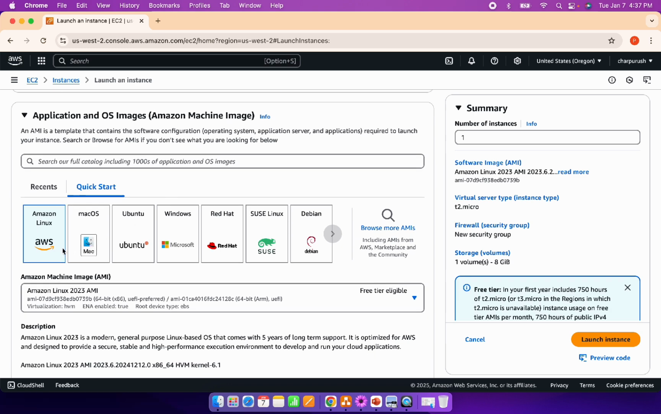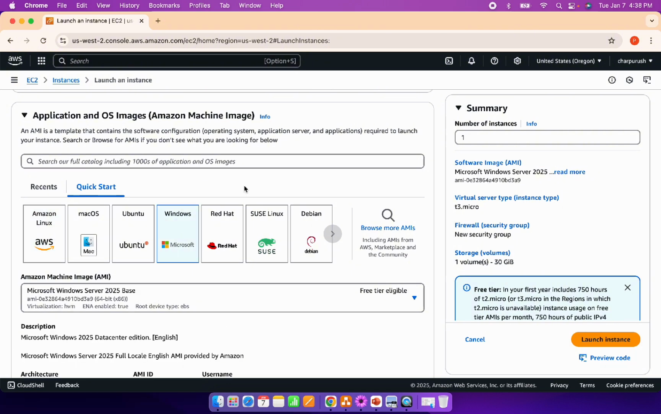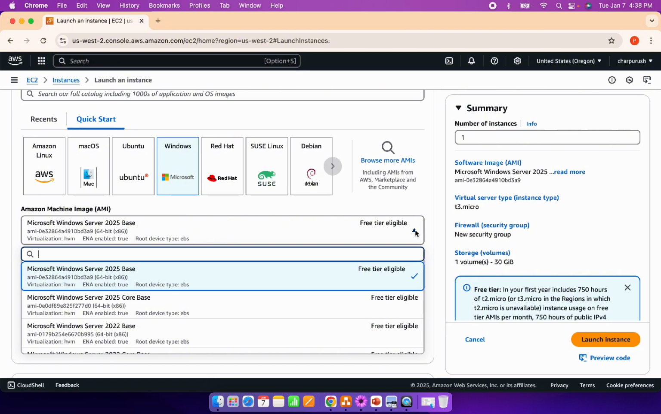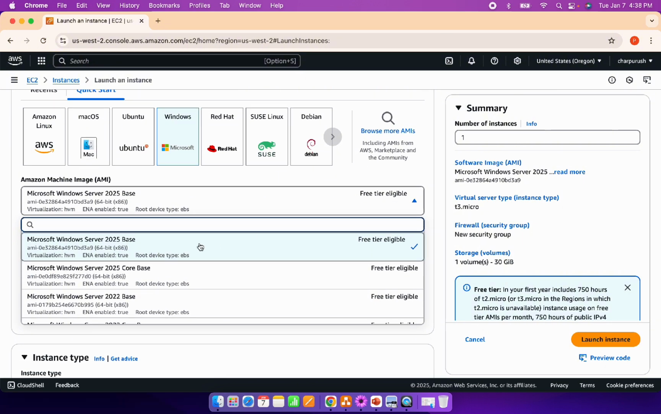Come down, and here it gives an option to select the servers: Amazon Linux, Mac OS, Ubuntu, Windows, Red Hat, SUSE Linux, and Debian. There are multiple flavors available. Today we are going to host this Windows server. AWS provides machine images. A machine image is nothing but the software and the servers already built in to the image, and they will provide ready-made servers. So you can select any server which you want, and there are many servers which are freely available, as you see,